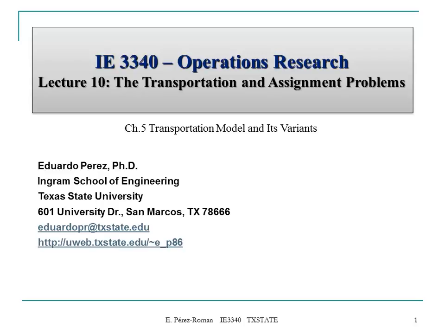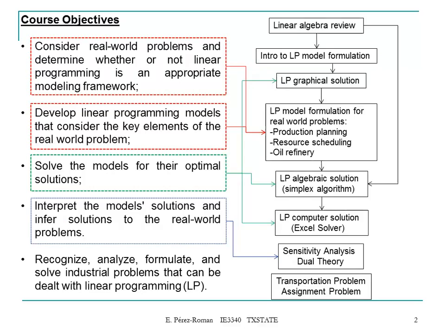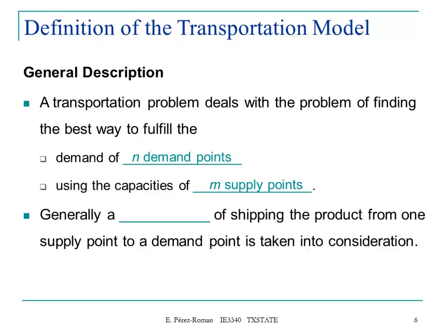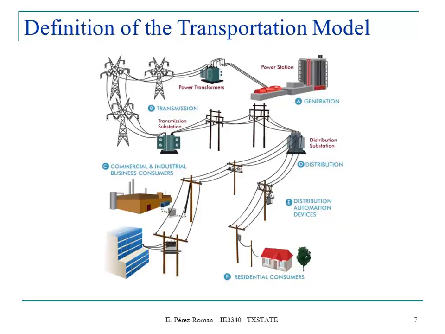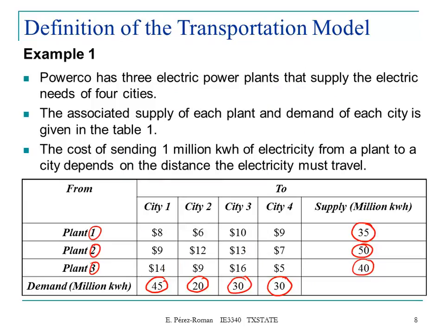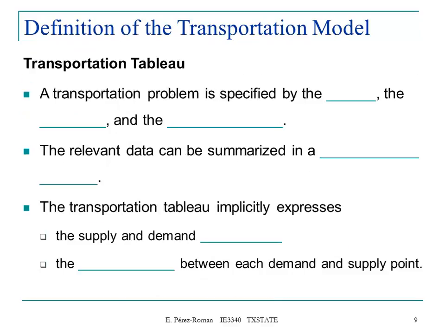So this is the topic that we started covering on Thursday, and it's the transportation model and the assignment problem. Basically, we went through most of the material. We discussed this problem where we had 3 plants that were supplying energy to 4 cities, and you needed to find the best way to distribute this energy to these cities by minimizing the cost of producing and sending that energy to each of the cities. So we talked about the characteristics of the transportation problem and the transportation tableau,